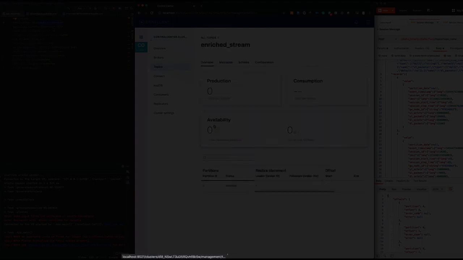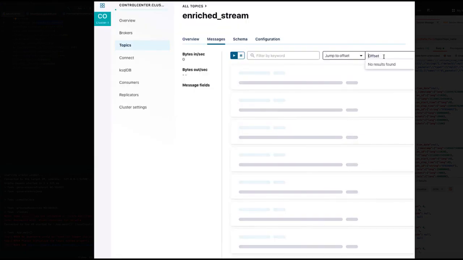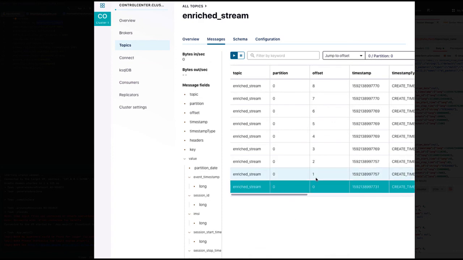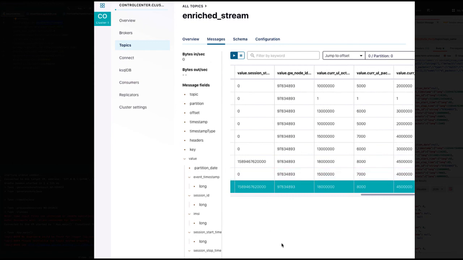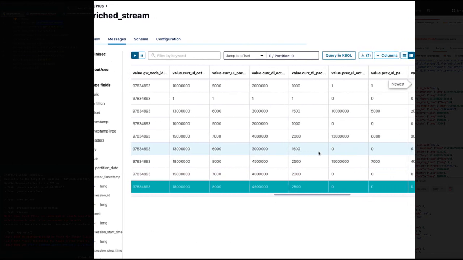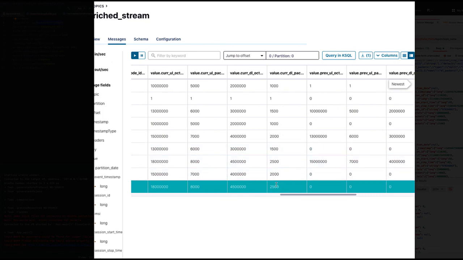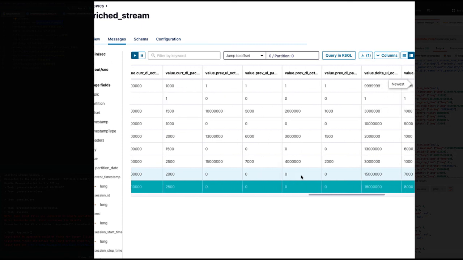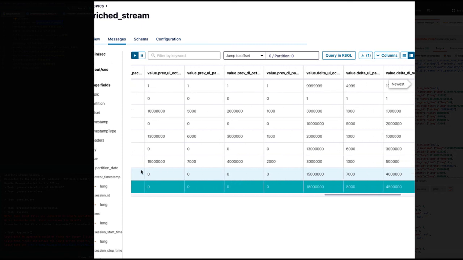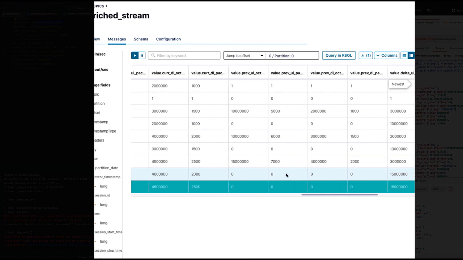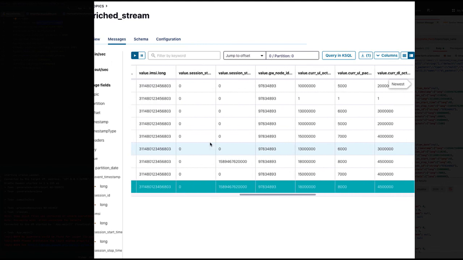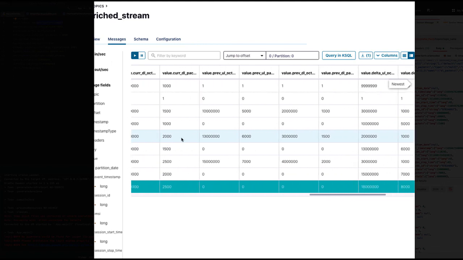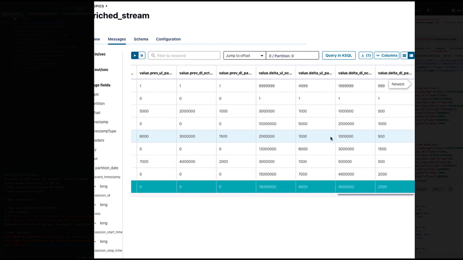So if we take a look at what's inside of it, we see we've got several in here. Okay, what happened? What is this topic actually showing us? We can see here that there's some interesting things going on. This is the first record that came in, and it had no previous, so it's computed that way. And you can see some of these came in and were computed, but then the same timestamp was recomputed, because the subsequent record got put in right order